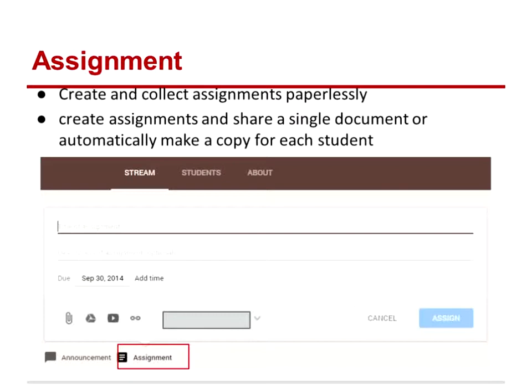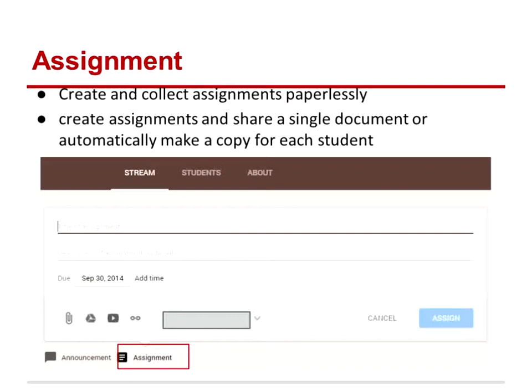You can also assign assignments. I love this assignment part of Google Classroom because you can set the due date and the time and the title of the assignment and description. In the description, I usually put the success criteria so the kids don't have to go looking for it, but they can see easily, oh, so this is our success criteria. If you have the assignment in your Google Drive, you can upload directly from your Google Drive, or if you actually have the attachment on your computer, you can attach it that way as well. But I find that it works better when you go through Google Drive.